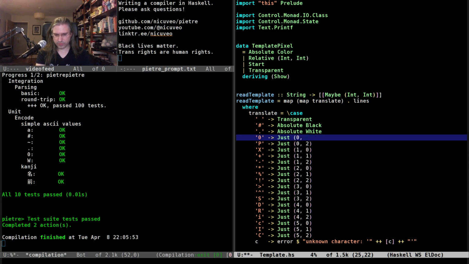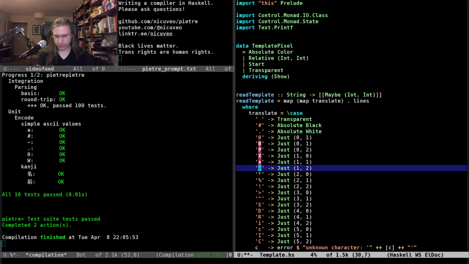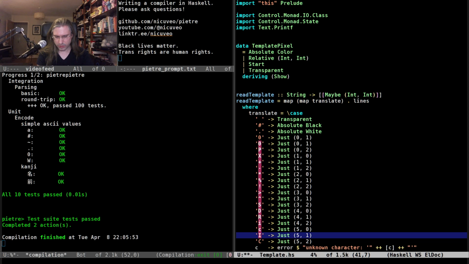This... Oh, this is all wrong. I just realized I got everything wrong. So I need to keep this. I'm going to add one additional line, which is going to be a copy of this one. And everything here needs to be switched one up, I think.